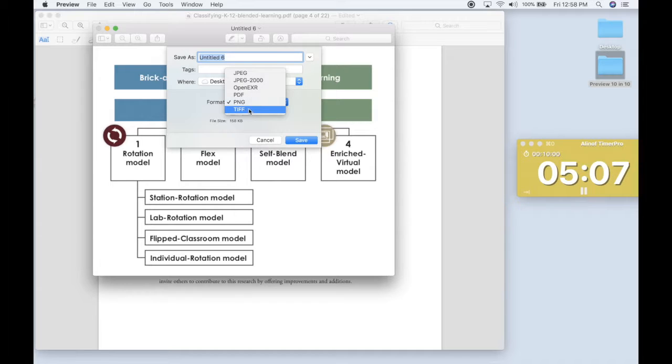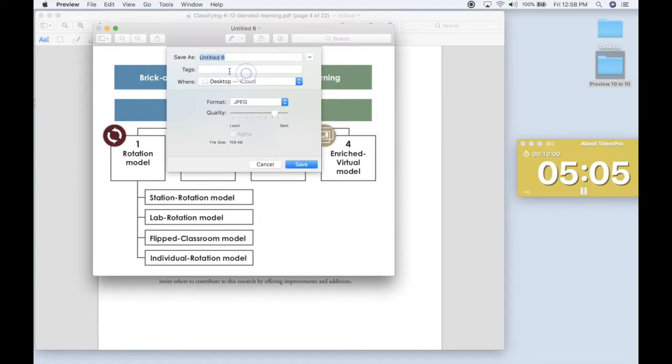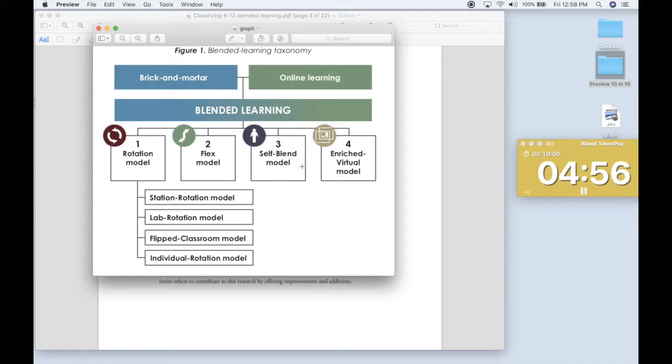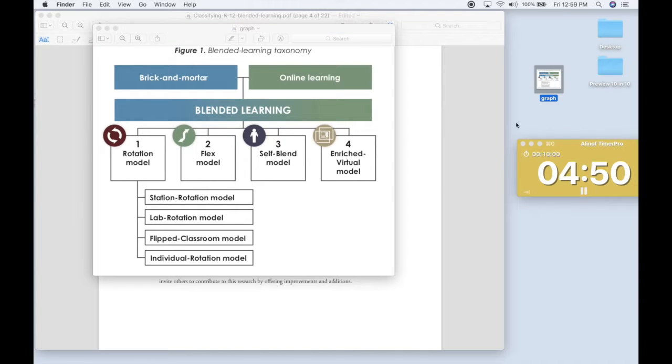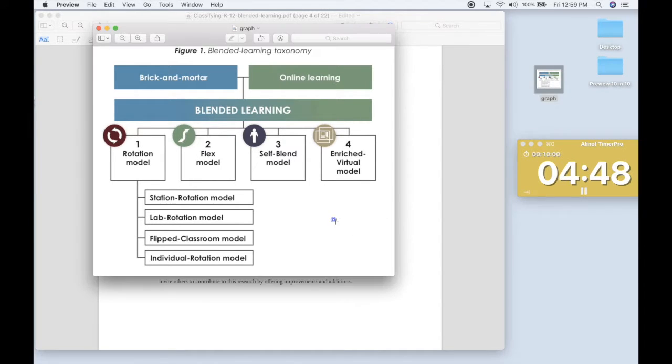You can also save it as a TIFF file, all different kinds. It's really interesting. So I give it a name, and I'm going to put it on my desktop here. I give it some kind of quality. And so now what should happen is you now see it over here on my desktop, and I'm wiggling it over here. There it is, that graph file that I just saved. So that's kind of an interesting thing about